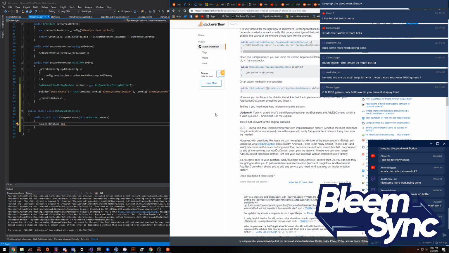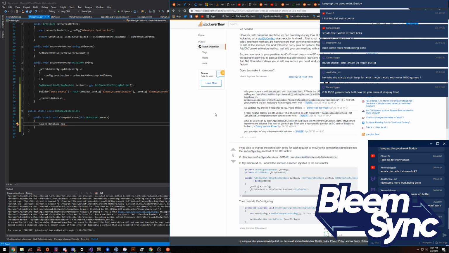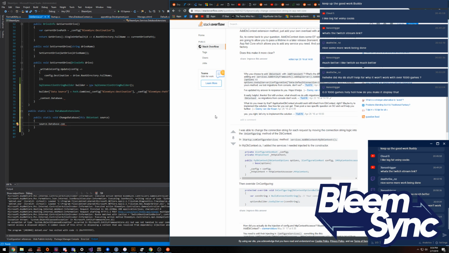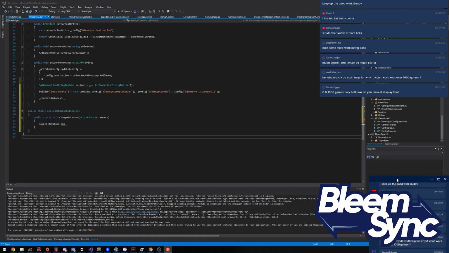DB context. That's not really what I'm asking for. Add Entity Framework, add SQL Server, I'm configuring. I was able to change the connection string for each request by moving the connection string logic into the OnConfiguring method of the DB context. In my DbContext.cs, I add the services I need to inject in the constructor, then override OnConfiguring. That's actually not a terrible idea, but I'm not sure we can do that due to the way